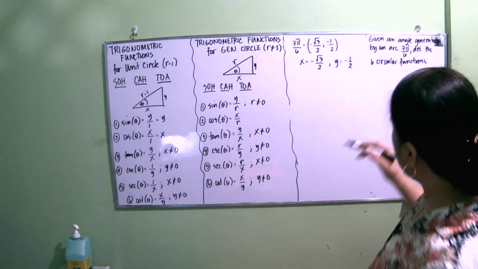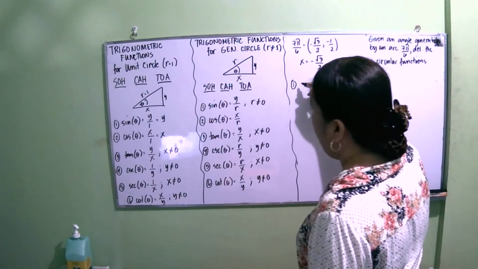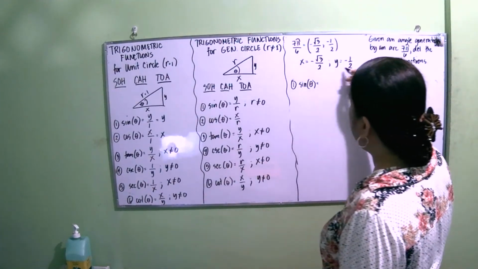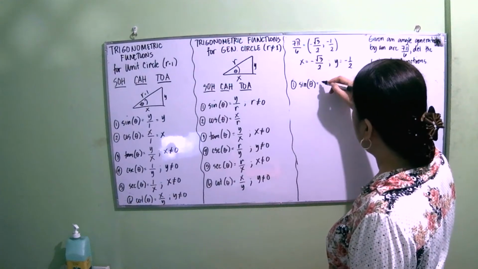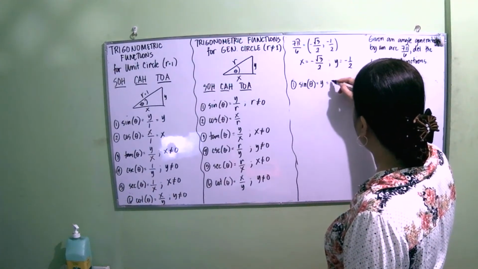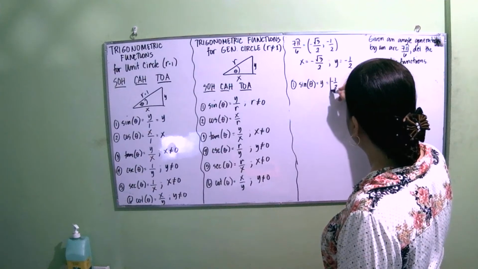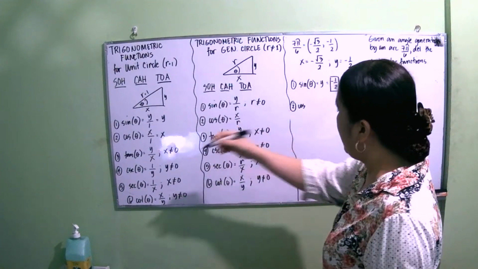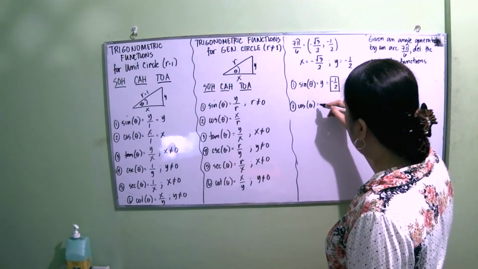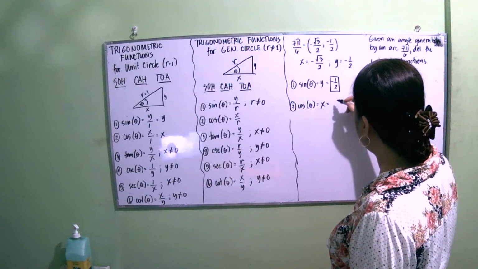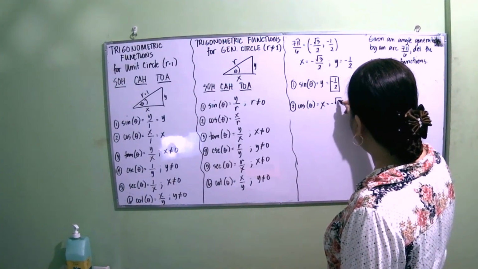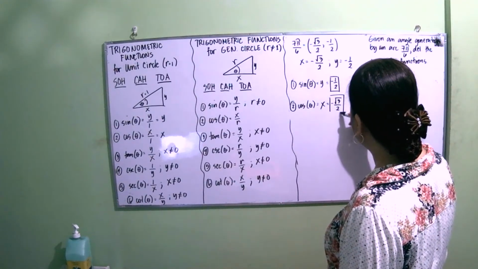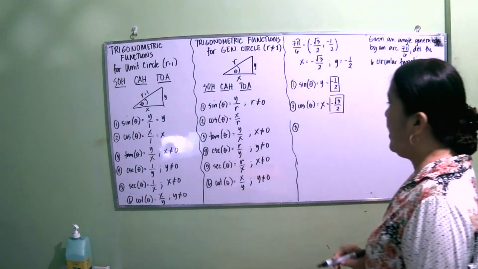Okay? So, in this case, isa-isang ulit natin to mga anak. So, ang sine theta natin from the given angle, di ba sabi nga natin sine theta is equal to y, therefore, we have negative 1/2. Ayan, okay? Then, ang cosine natin, cosine theta is x, di ba? Therefore, we have na negative square root of 3 over 2. Ayan. Okay. Dali lang, di ba? Then, number 3,